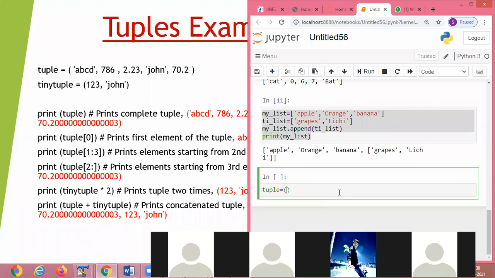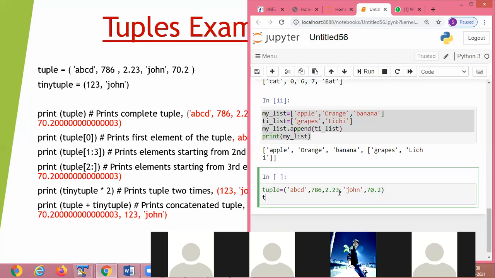The tuple that we're using: A, B, C, D, then 786, 2.23, Jan, then 70.2.